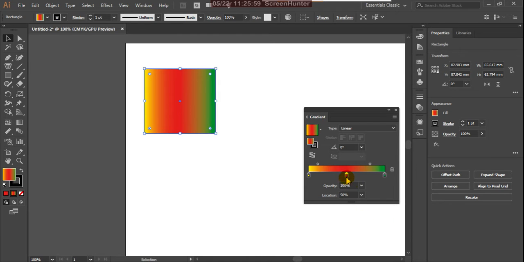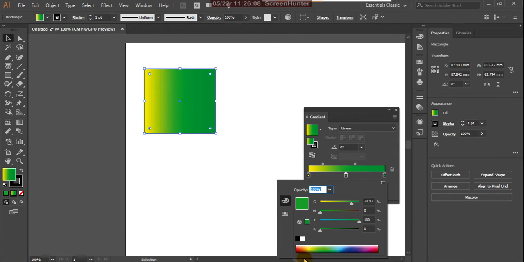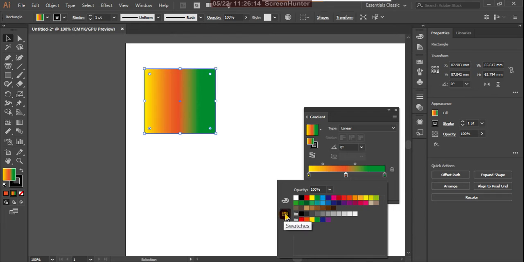And suppose you don't want this color, you can just drag it down. And again click, you will get a new stop, and you can use any color, red color here. I'm adding red color, suppose this color.